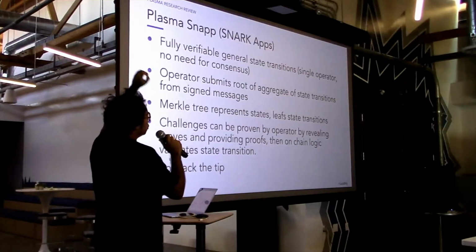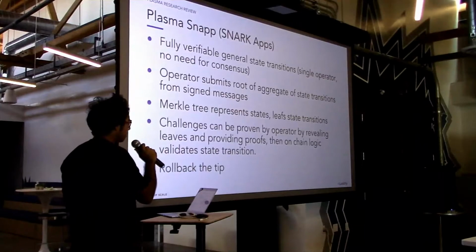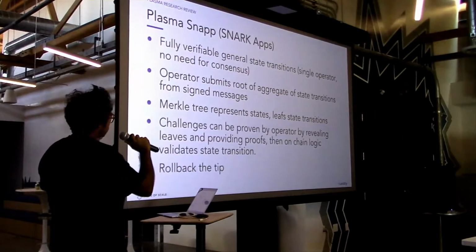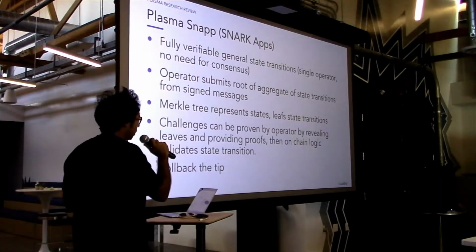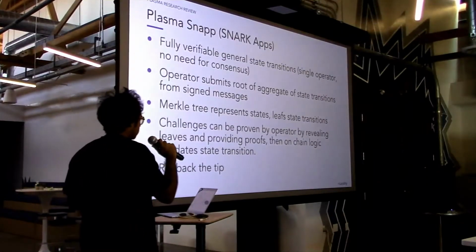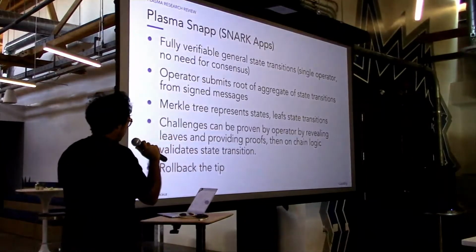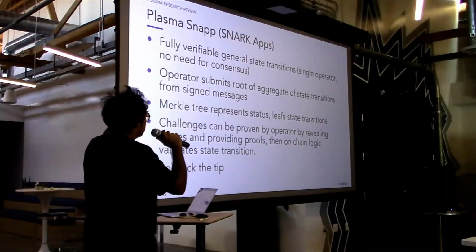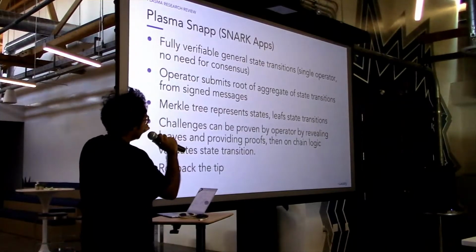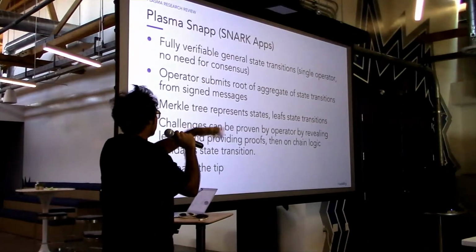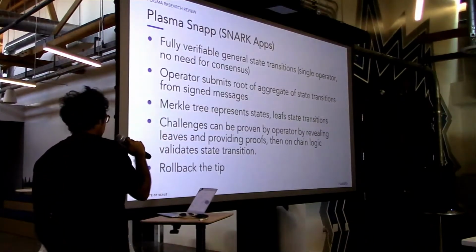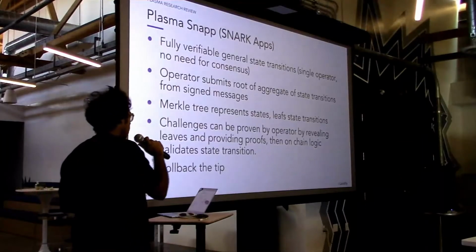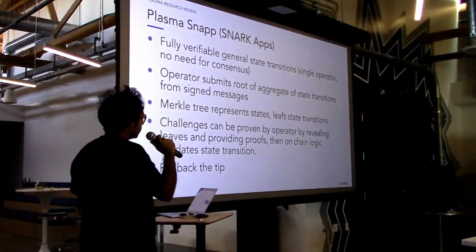The Merkle tree can represent leaf or state transitions, kind of like Merkleized abstract syntax trees. For example, in our use case, we collect time series data, and so a leaf could be a transition from, hey, this set of participants, this was the state before, which might be 0, and then this thing happened, and the new state is 10 or something. And so it's a way to represent your state transitions.